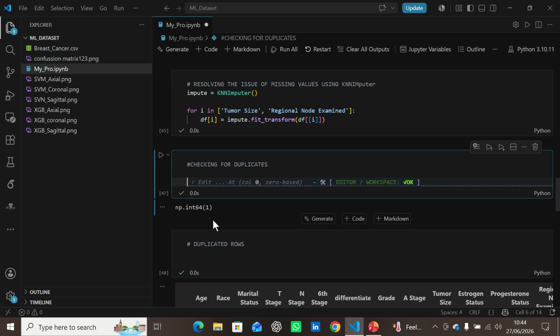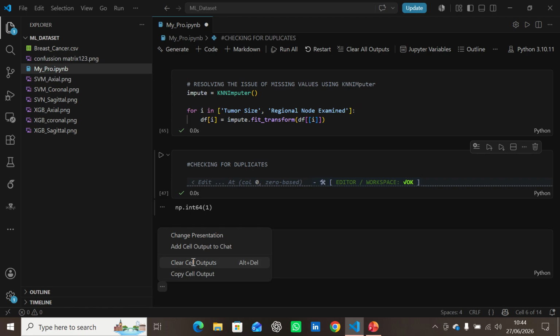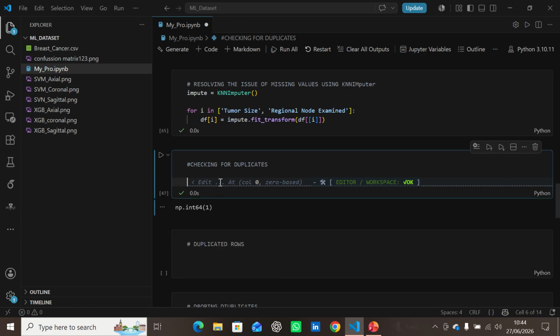But the next thing is to look at duplicates, whether we have any duplicates in our data as well, which can help us resolve a lot of issues. Now, checking for duplicates, let's store it in a variable. In order to check for duplicates, what we're going to use is df dot